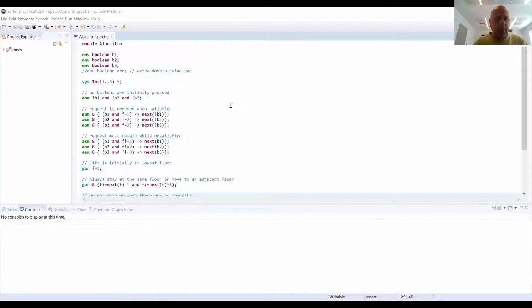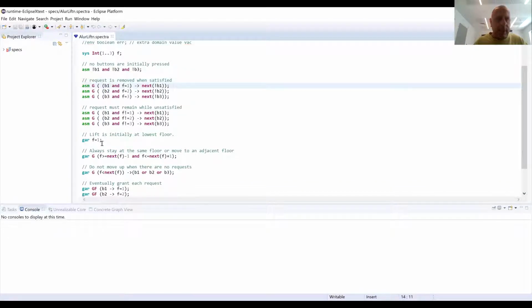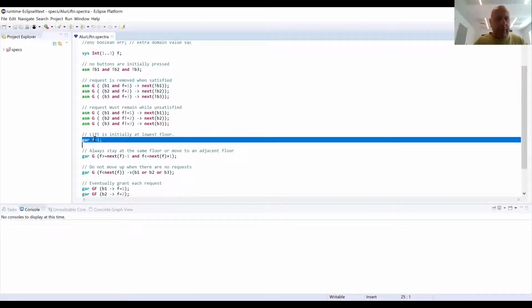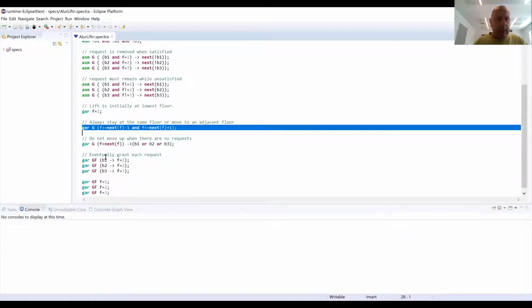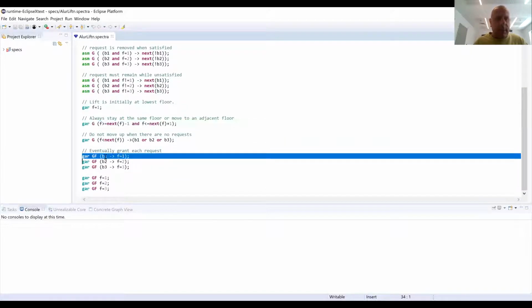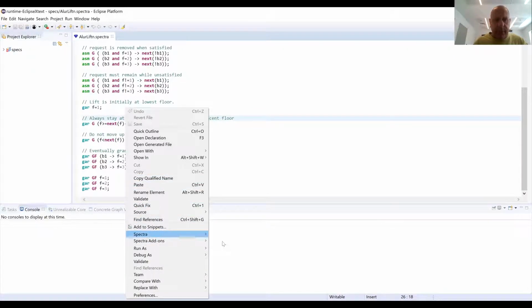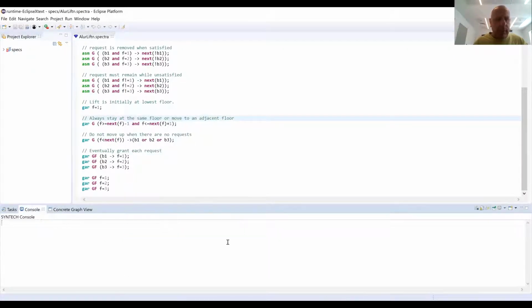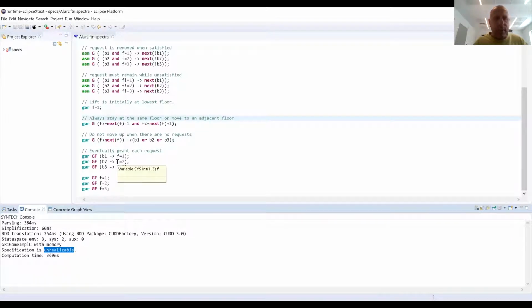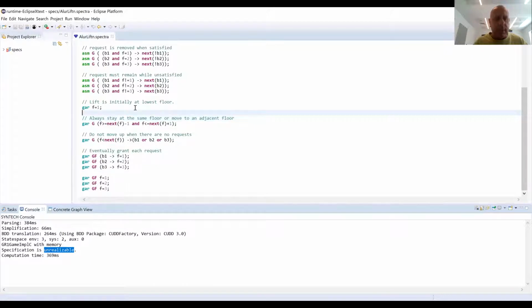Here we can see a GR1 specification. GR1 specifications have assumptions and they have guarantees. Each may have assumptions on the initial states, assumptions on transitions, and justices, which are assumptions about things that occur an infinite number of times within a run. If we look for the realizability of this specification, we can see that it is unrealizable, which means that there is no implementation that we can synthesize from this specification.